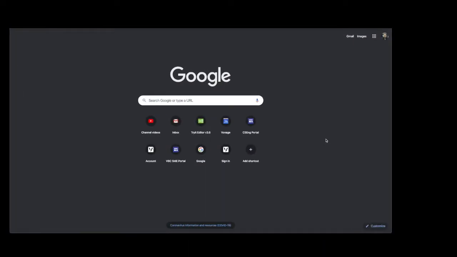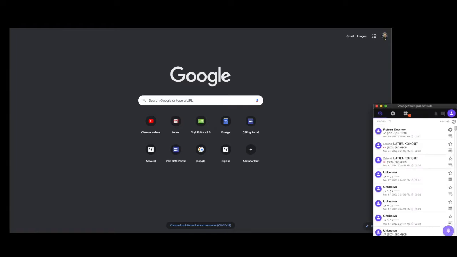The Vonage Integration Suite is available on Google Chrome, Microsoft Edge, and Firefox. In this demonstration, we will be leveraging Google Chrome. You will receive an email with an invite to sign up and download the integration suite, leveraging a one-time sign-in code. Once you've done this, you'll see in the upper right-hand corner the Vonage Integration Suite platform icon.